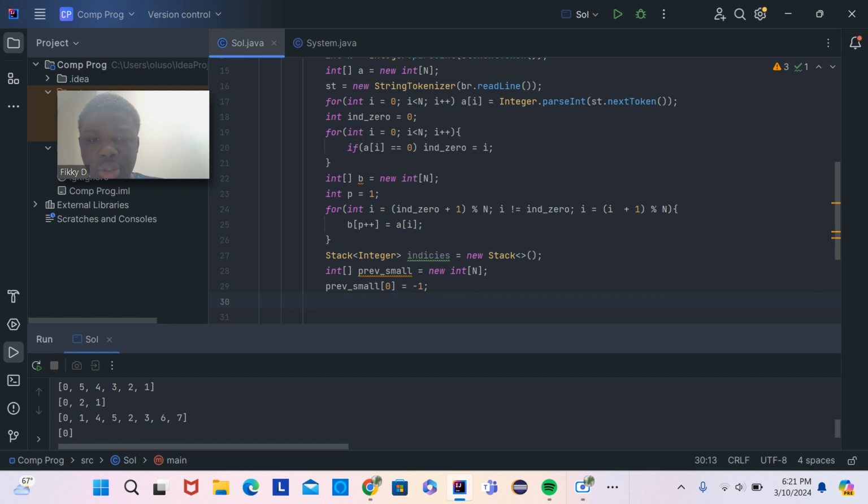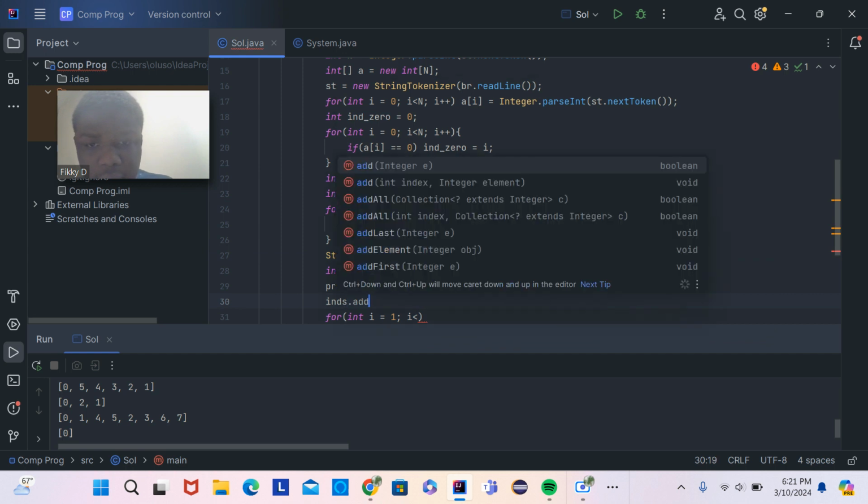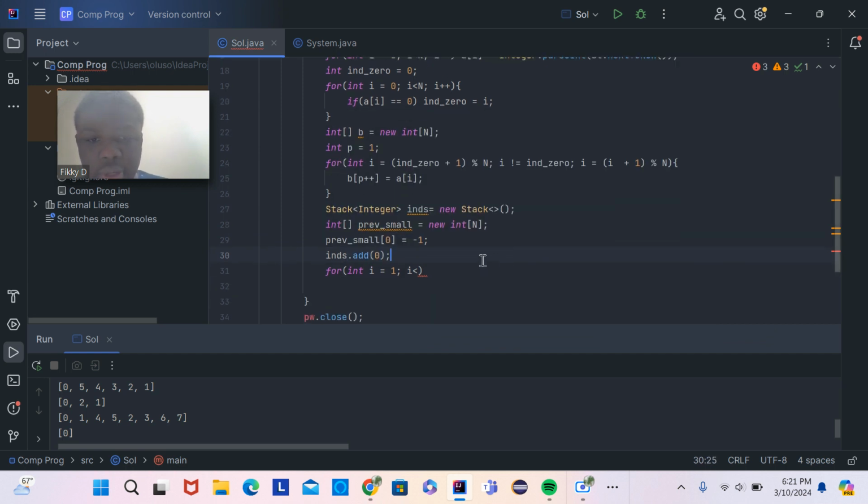So this is where it's nice to have, but you can do ends.add(0). I like ends way better. So ends.add(0), and then for every element you want to find this quantity. This would be the previous smallest element. You put this on the stack, and basically it's just like